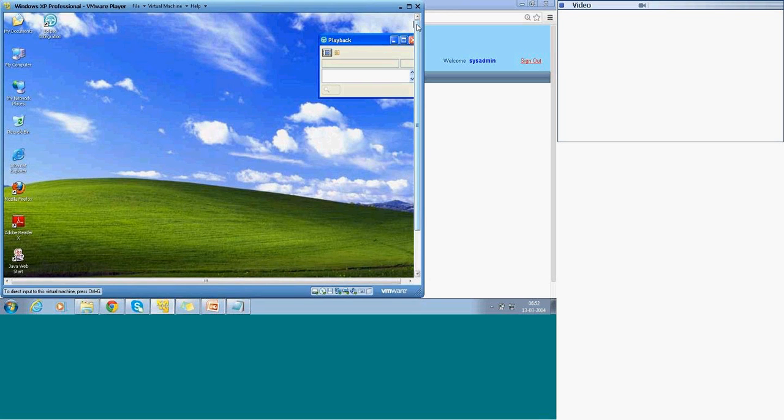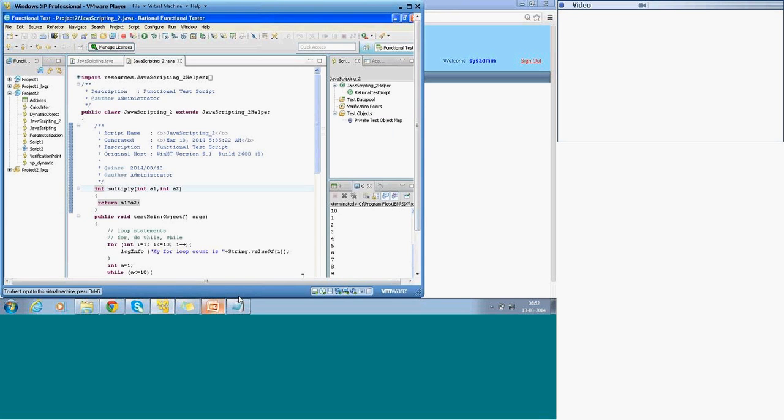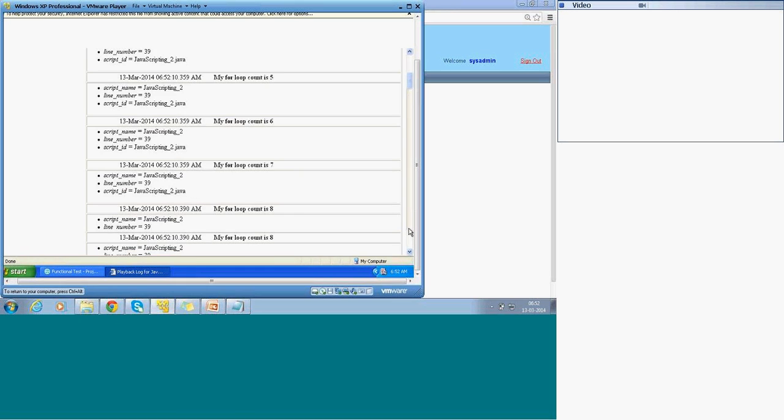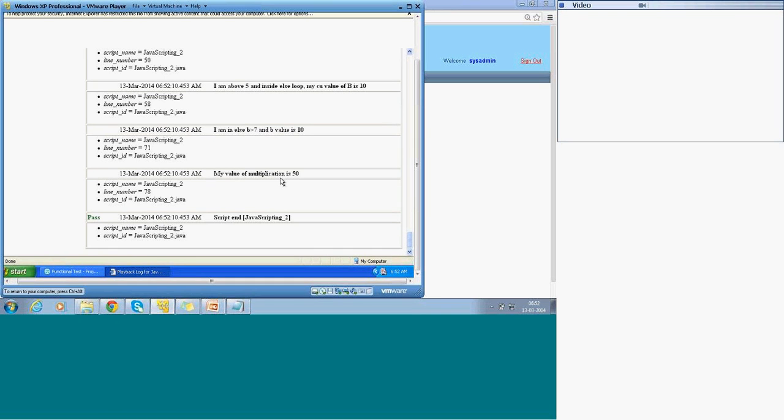It has finished the script execution. If you come back over here, in the last portion, my value of multiplication is 50, because we have given two numbers and it multiplied the values. So this is another way of doing